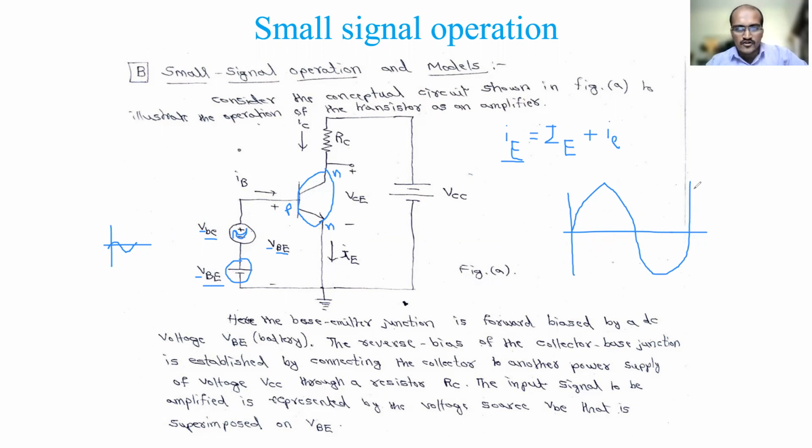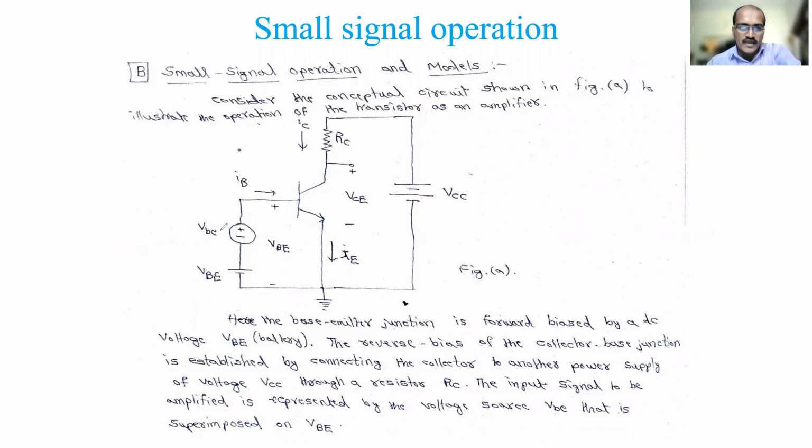Now I am not going to discuss that. We'll take up the small signal operation. Some concepts at least you are following here. This is the conceptual circuit I am referring to throughout this discussion. I will have an instantaneous base to emitter voltage as input, which consists of a DC component as well as an AC component, connected to the transistor here.